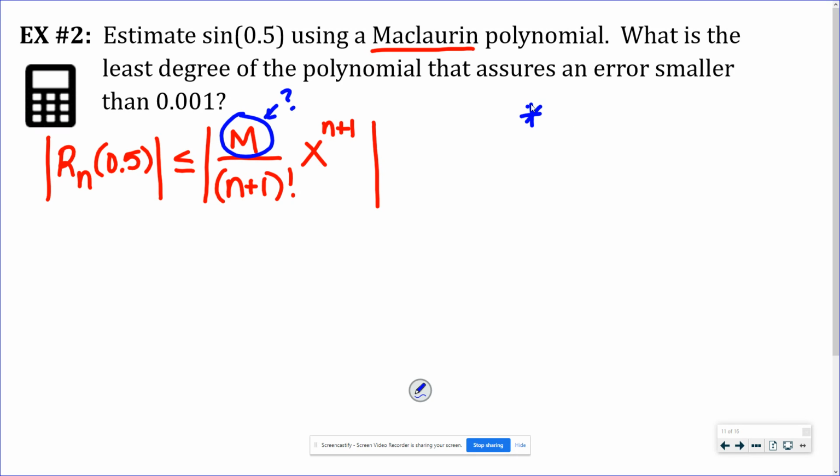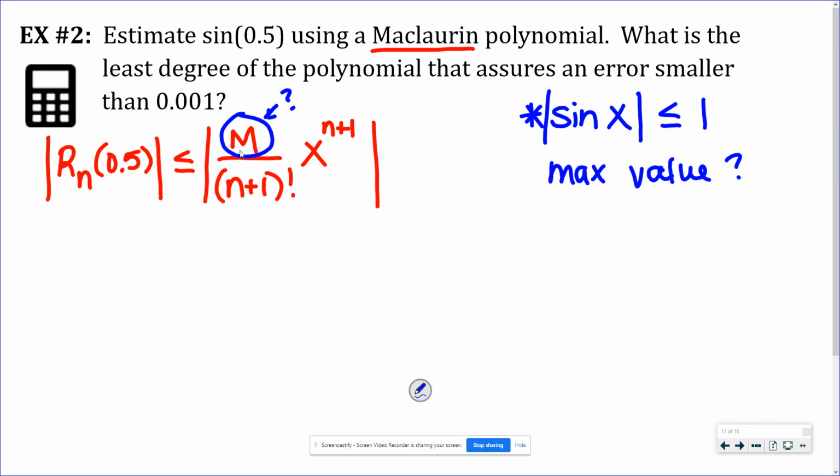Okay, so our goal next is to figure out how we find this value. The way that we will do that is we will think about the function sine. And actually, we're going to think about the absolute value of the function sine. So maybe start to ask yourself, what is the maximum value of sine? Well, the maximum value of sine is 1. And I need a maximum value for this problem. So 1 is going to be the number that we use in place of m, because the max that sine